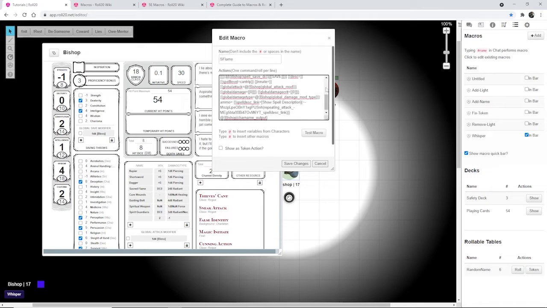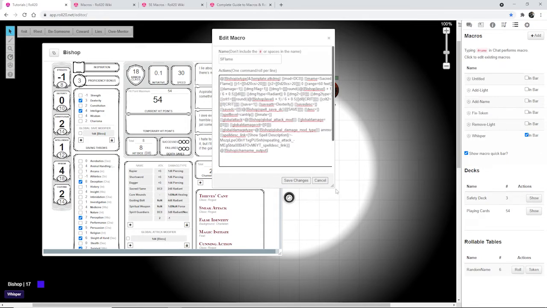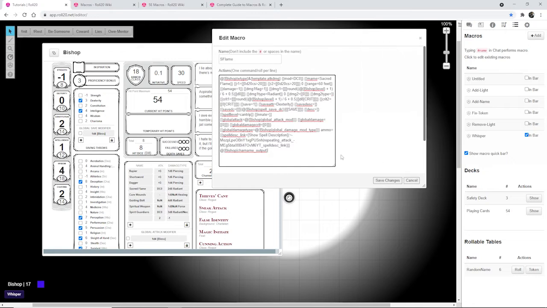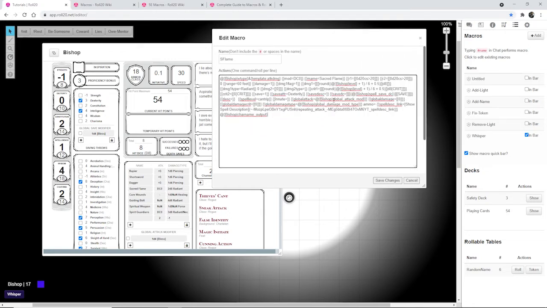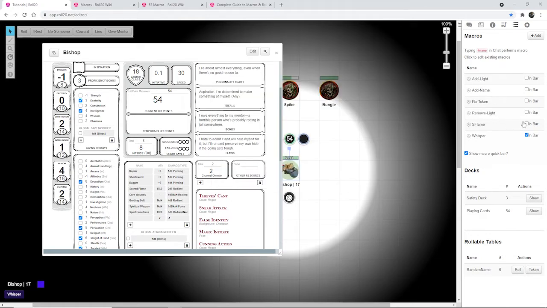I'll throw it down there. And we can stretch that out and see everything that it's just copied. It's quite a lot, quite inclusive. But it's talking specifically about Bishop and how to do that spell. I save that. Put Sacred Flame down here, and now